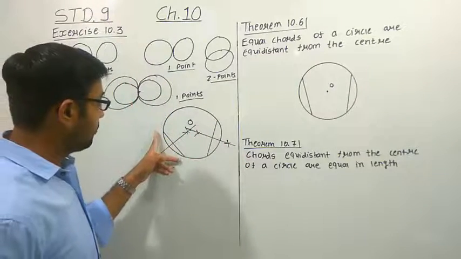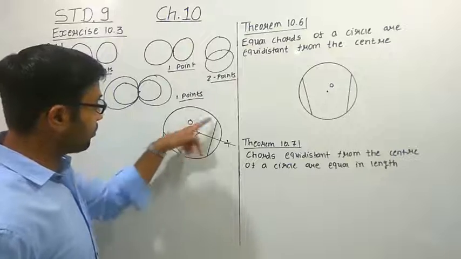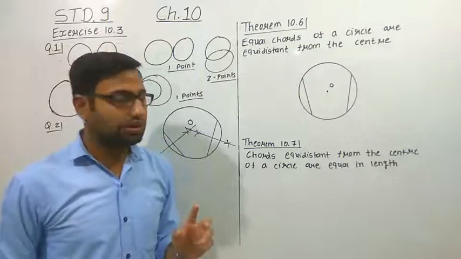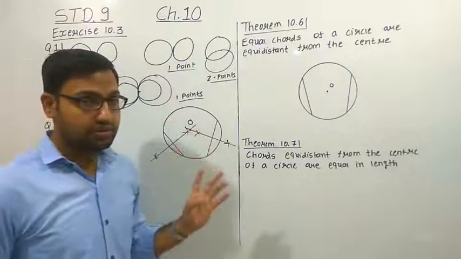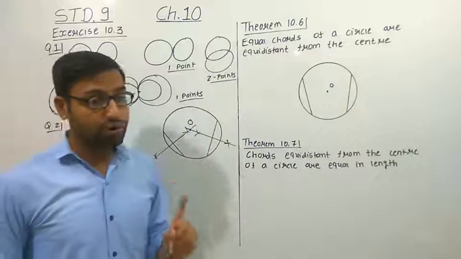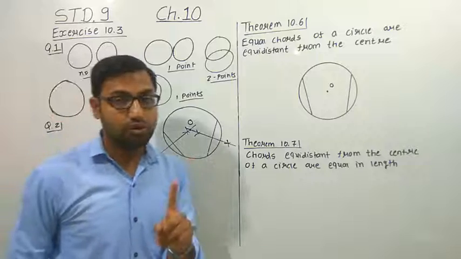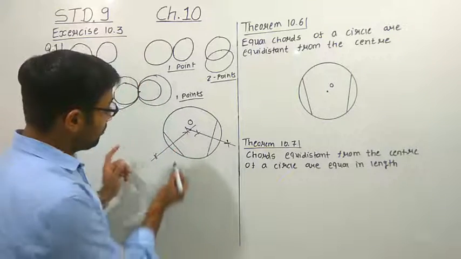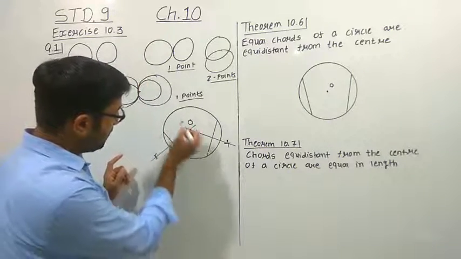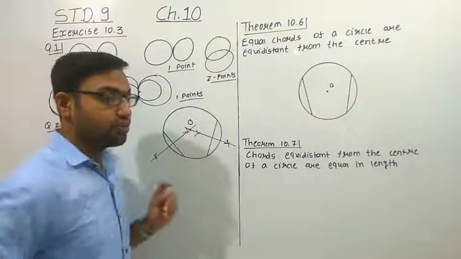Two things you have to keep in mind. First of all, draw the chords of any length, right? One more important thing is, when you take the two chords, do not take both the chords parallel. Suppose you have drawn one chord here, don't take another chord like this which is parallel to this chord,